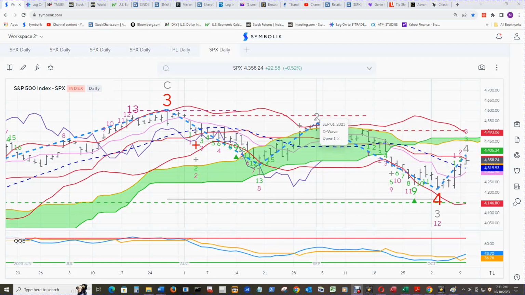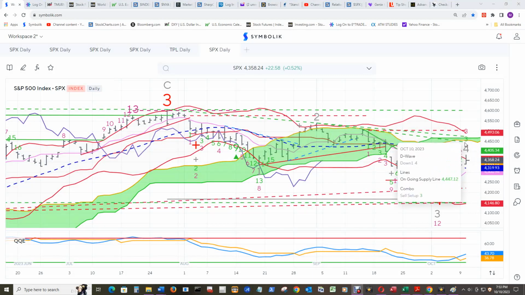And if the D wave down wave 2 does shift over and the D wave down wave starts over again on D wave down wave 3, then this zigzag pattern will straighten out here and be from the low over here to wherever that 2 shifts over up here. And this first ongoing supply line for tomorrow on the 11th is at 44.43.52. The one right above it is at